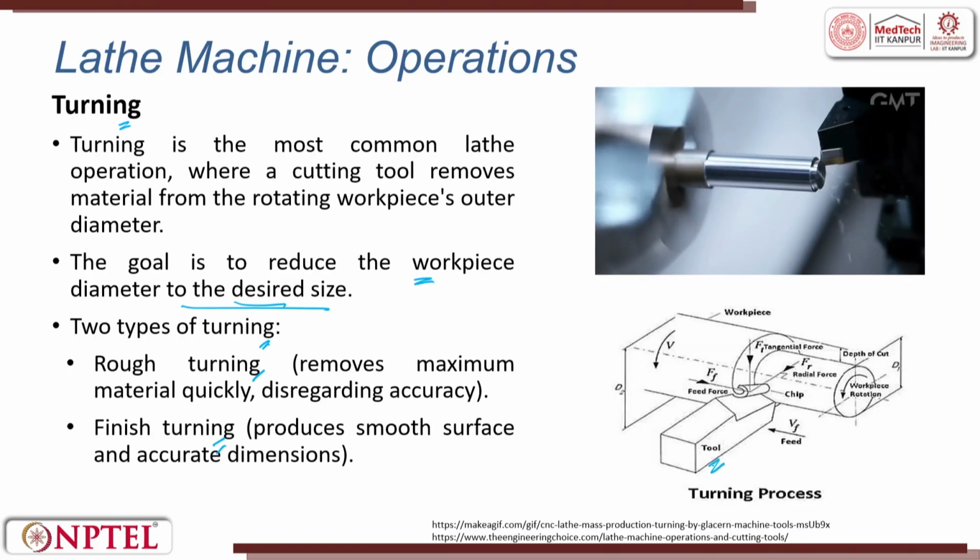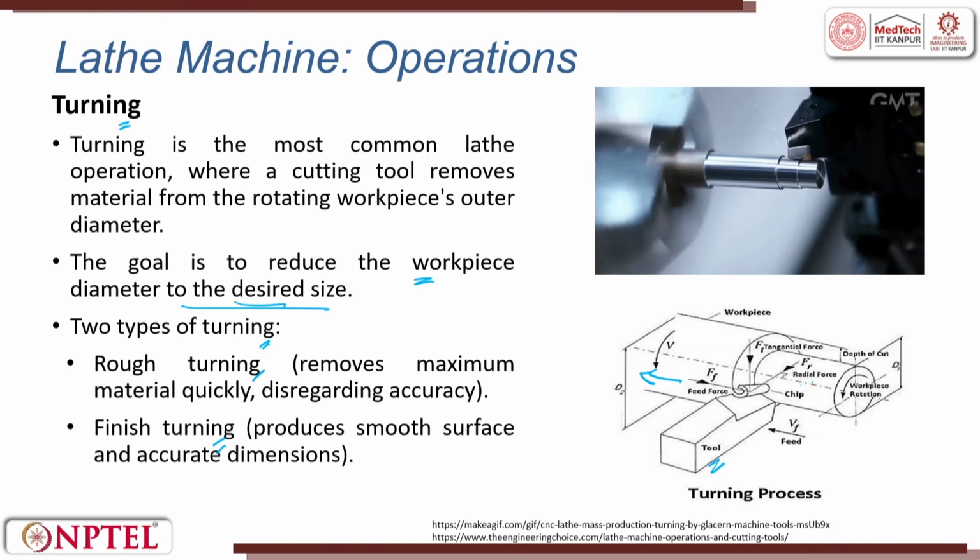So this is the tool, and now we are trying to see what are all the forces involved. The tool is moving in this direction, so it is a turning operation. Here, whatever we give, or the resistance we get, is called the feed force. This is feed. Whatever is perpendicular to the workpiece is called the radial force. The resistance given to the tool which comes from the other direction is called the radial force, opposite to the feed force.